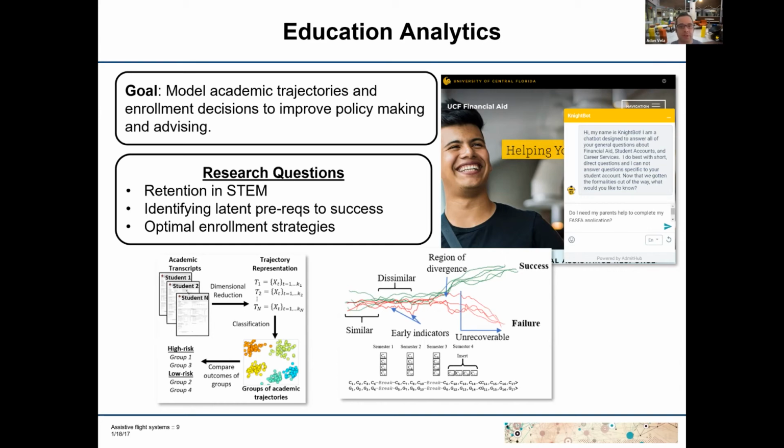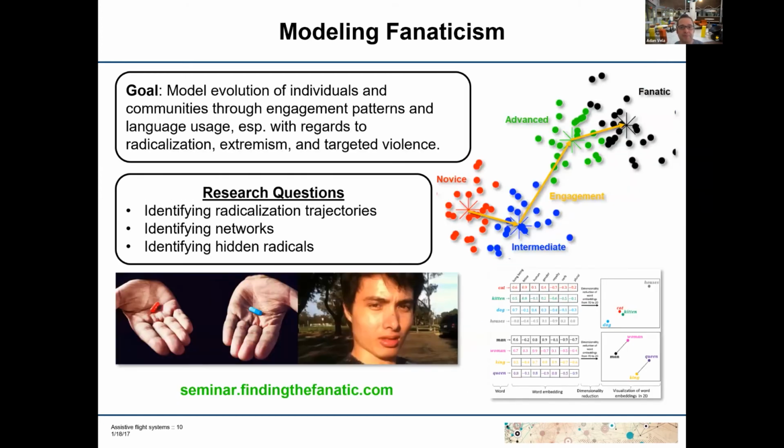And so we've had some really interesting results related to optimal enrollment strategies, identifying prerequisites, even ordering of classes or spacing between classes. We recently had this finding that was counterintuitive, where we showed a decrease in academic performance of a student could actually increase retention and graduation rates, which was highly unexpected. But we are able to do this when we focused on the academic trajectories.